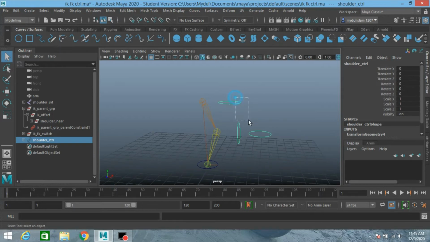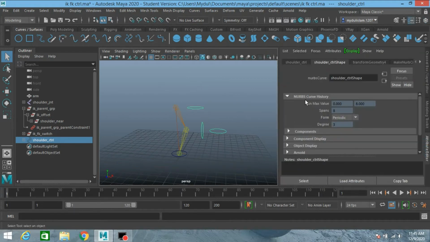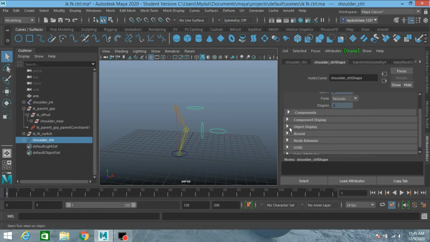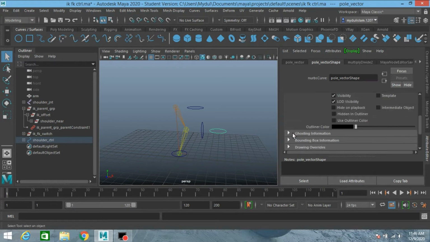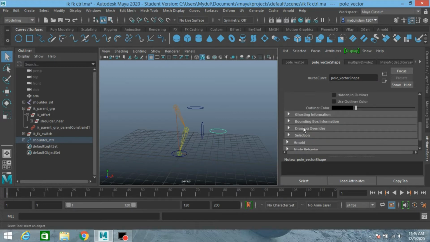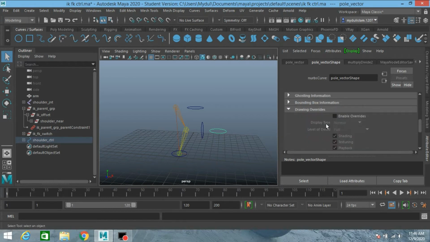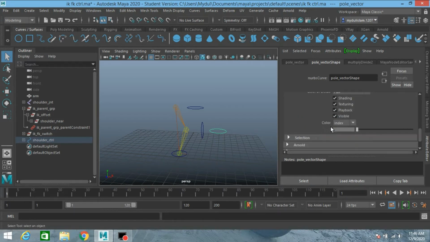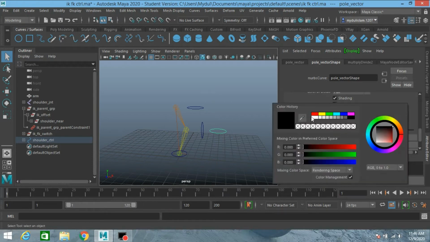Now select all this. Open attribute editor, press Ctrl plus A. First select this one, this nurbs circle. Click object display. Drawing override. Click enable override. Change color index to RGB and change the color of it. I make it blue.